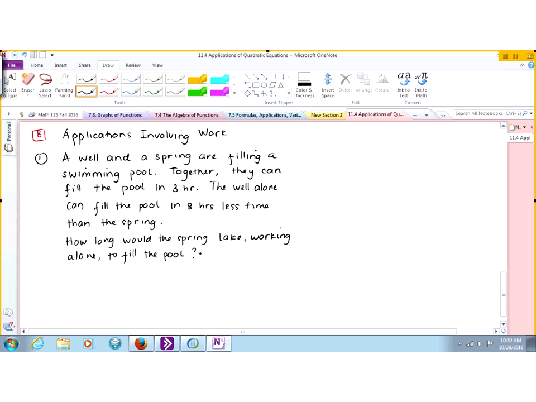All right. So what do we know about them? Together, how long does it take? Together is 3 hours. Okay. Do I know the well alone? 8 less than the spring. Right? Okay. So now this is how we're going to do it, the easy way. If, for example, later on you use Math Excel help, then they use a different way. Yeah, but this is easier, even though the answer is the same. Okay, but you have a table and things like that. Okay, so together how many hours?